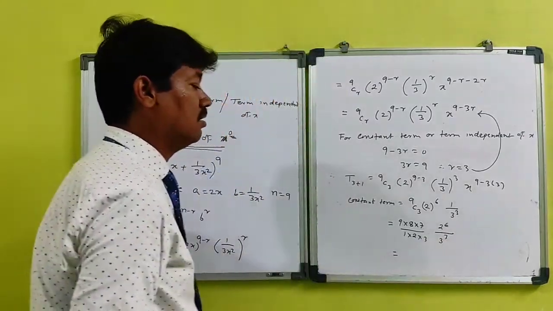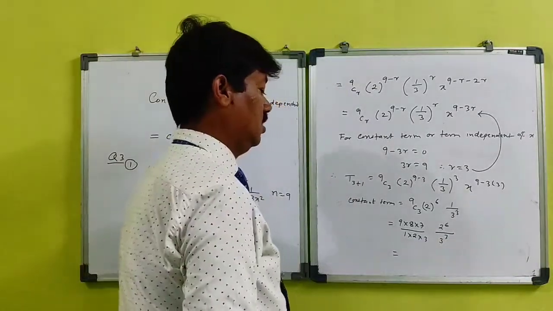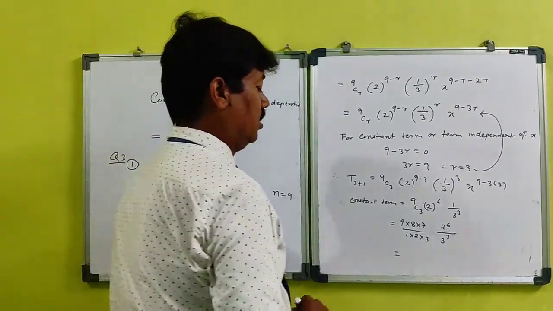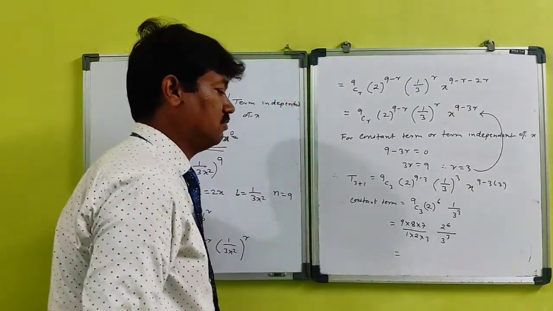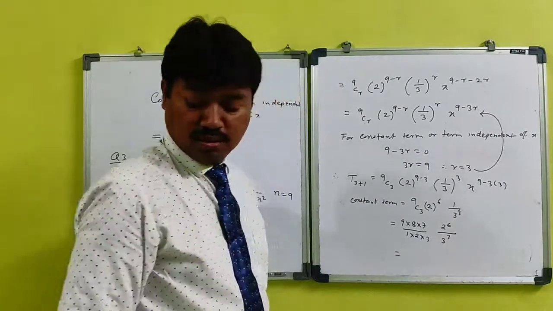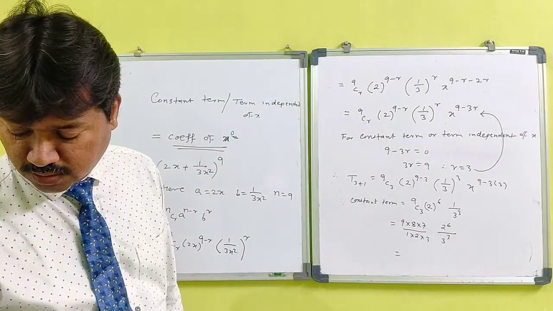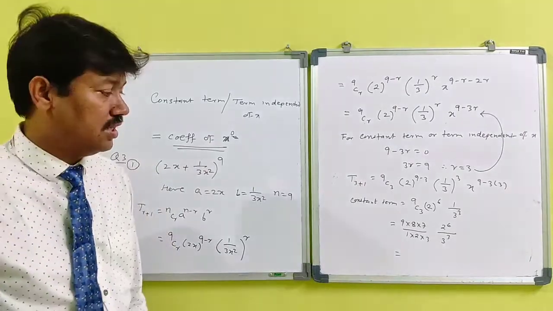So this you have to calculate. See what cancellation will give you. So check what the answer for this is. So just calculate this one. Using a calculator, I will say that it is